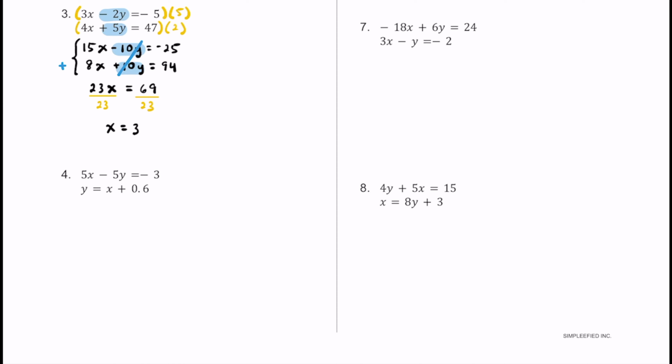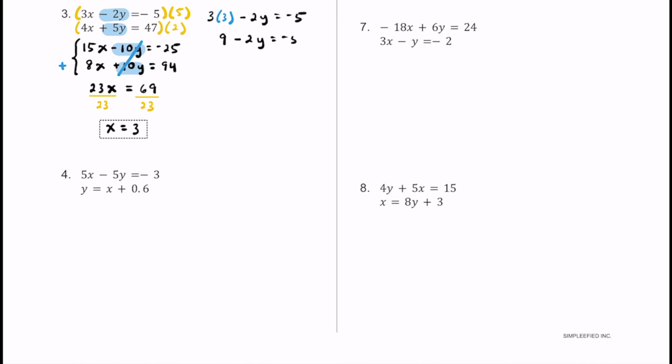is going to equal 3. Now that we know what x is equal to, let's go ahead and use that to find y. I'm going to plug it into this top equation just because we have some smaller numbers there. Okay, so we're going to have 3 multiplied by, we got x is equal to 3, so we'll have 3 times 3 first here, minus this 2y, and that's going to equal negative 5. Okay, now 3 times 3, that's going to equal 9, so we're going to have 9 minus 2y is equal